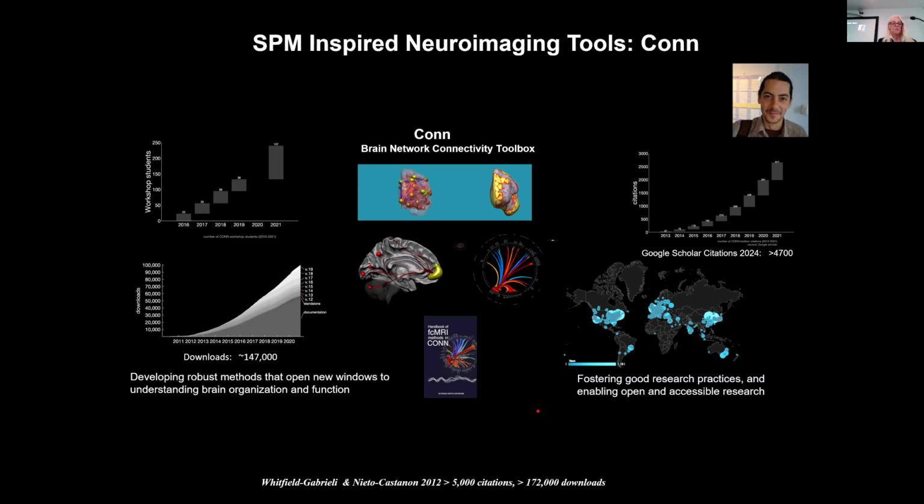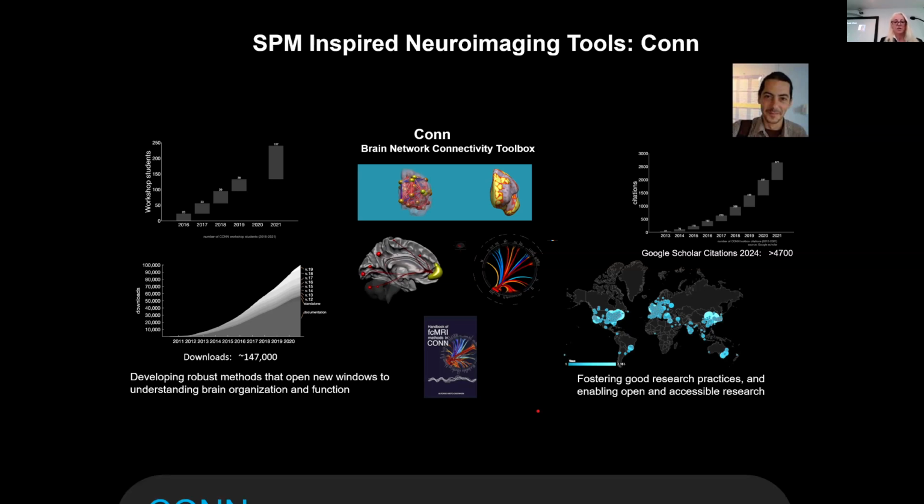Now, he started developing this a long time ago and has been systematically developing it for many, many years. And it is completely interoperable with SPM. He uses the SPM code. He saves all the data that is generated by CONN in SPM format so that you can read it in SPM as well. So it's seamlessly interoperable. And we have found this to be a very successful way in analyzing brain connectivity.